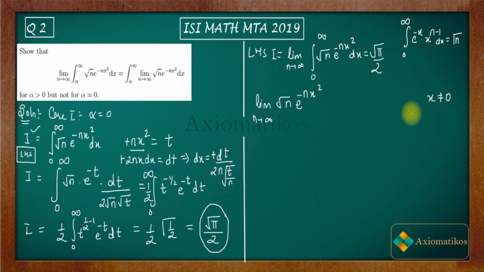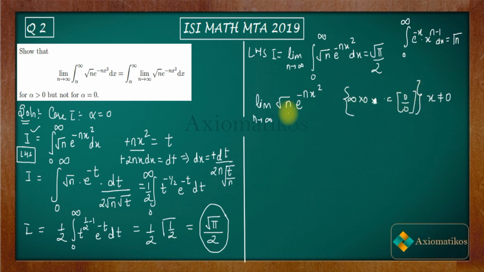I will consider another case when x is 0 afterwards. Right now consider x non-zero. So you will get infinity times e to the power minus infinity, into some non-zero number. Therefore this will be e to the power minus infinity. So it is actually infinity into 0 case. That means it's actually 0 by 0, because infinity you can write as 1 by 0.